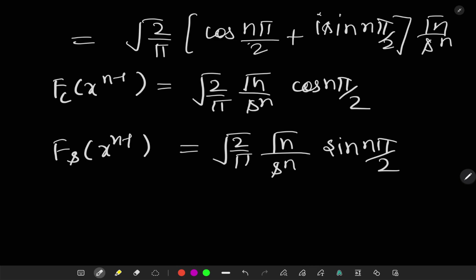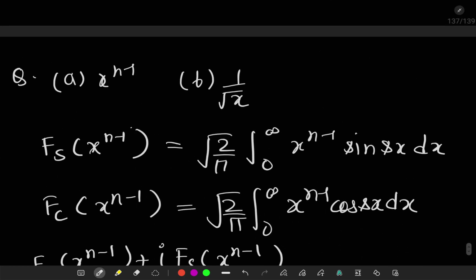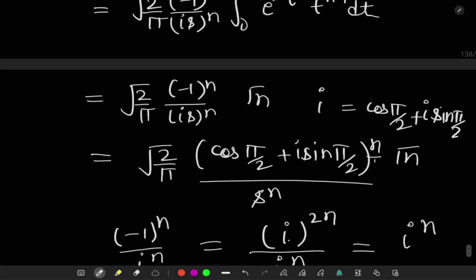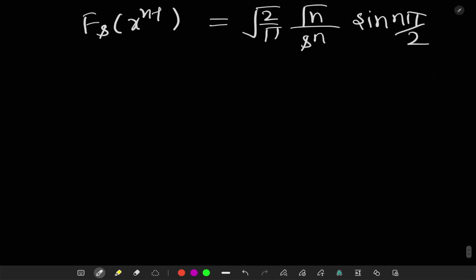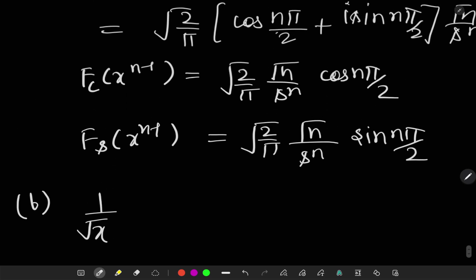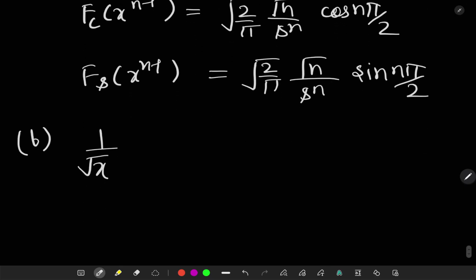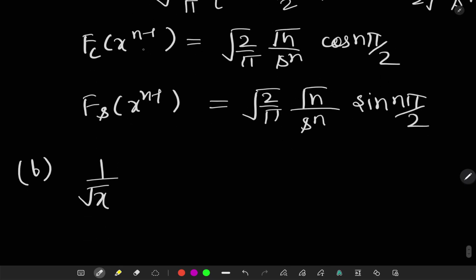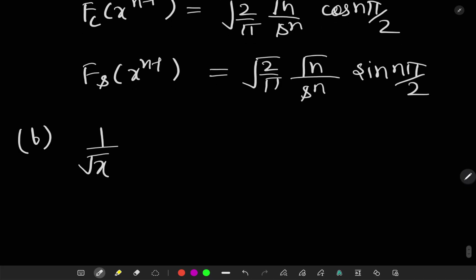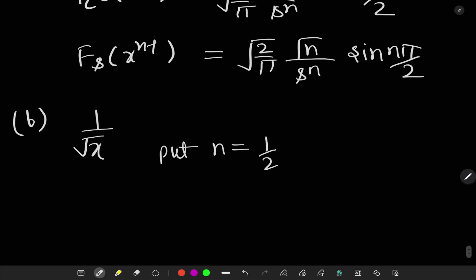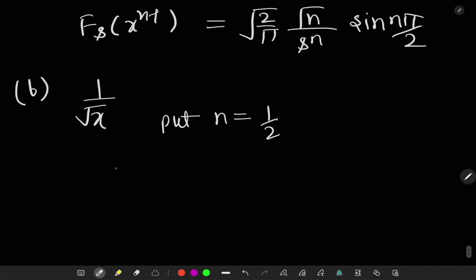Here in this question there is another second part also, which is 1 by root x. As you can see here, this is x raised to power n minus 1. If we put here n equals 2, this becomes 1 by root x. So put n equals 1 by 2. So we get here